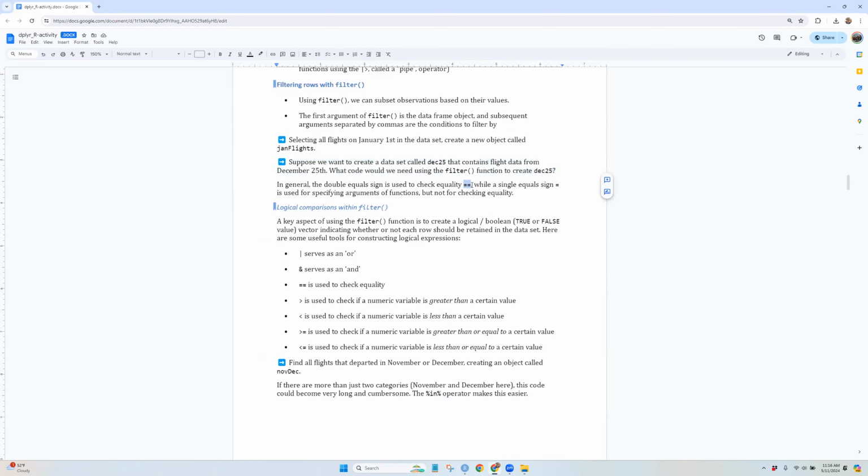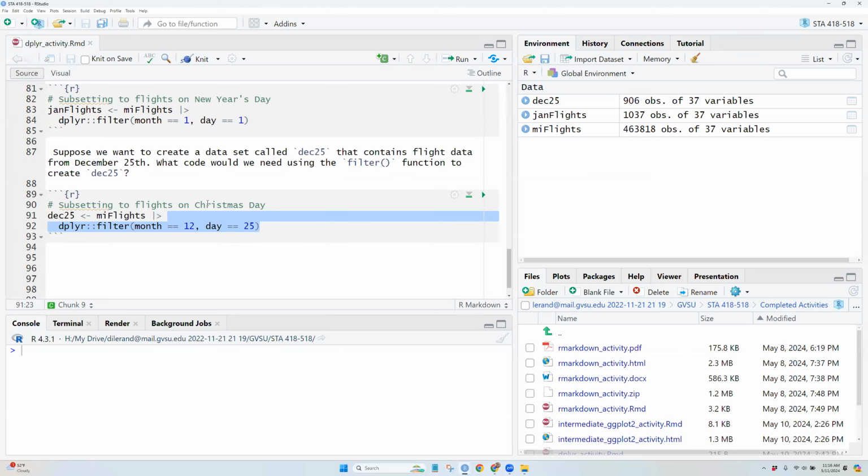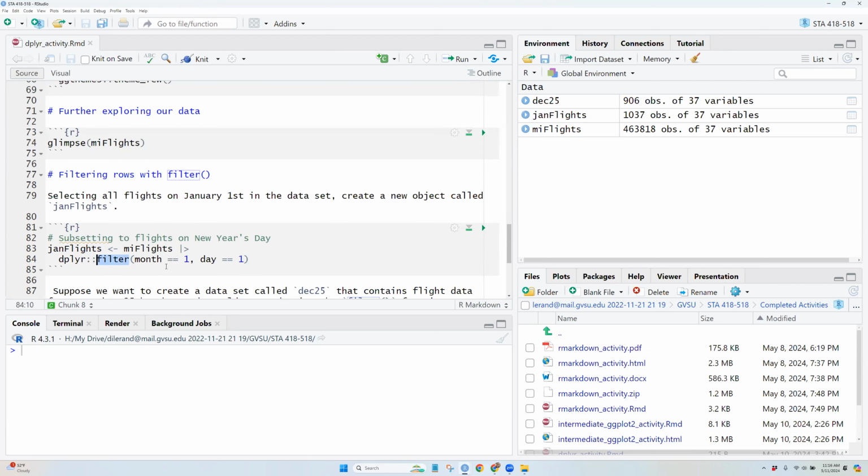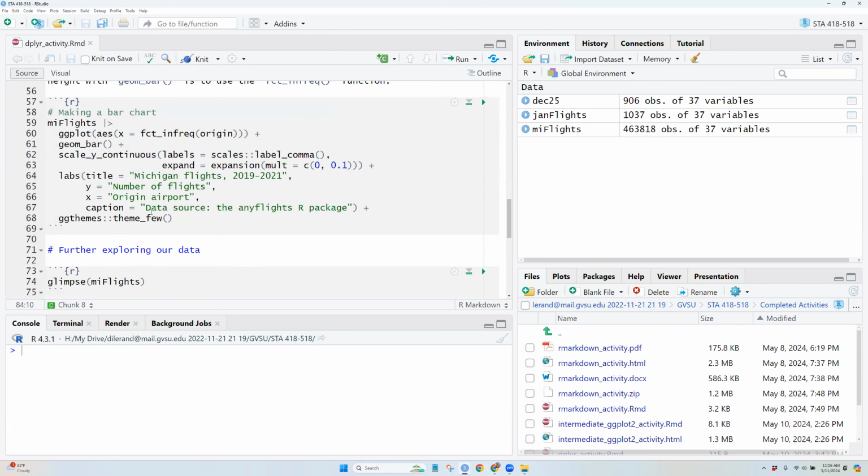So yeah, 2 equal signs for checking equality. A single equal sign is reserved for specifying arguments inside functions, like the dplyr function filter. We use 2 equal signs. You could have additional arguments, but we didn't use extra arguments inside filter here. Labs is a good example: we use a single equal sign to specify the title argument inside labs, and a single equal sign to specify